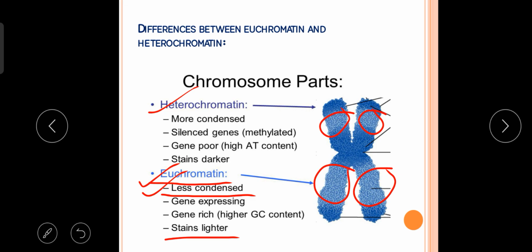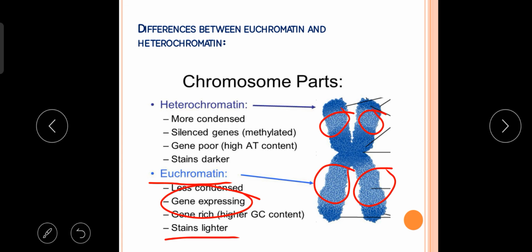The DNA of heterochromatin is always silenced. Silenced means they cannot produce any type of RNA. That is why these are transcriptionally inactive, but the DNA present in euchromatin is transcriptionally active. They help in gene expression. That means all the genes help in gene expression. And gene expression means what? Gene expression means when the different types of RNAs are produced from DNA and different types of proteins are produced from this RNA, this whole process is called gene expression.